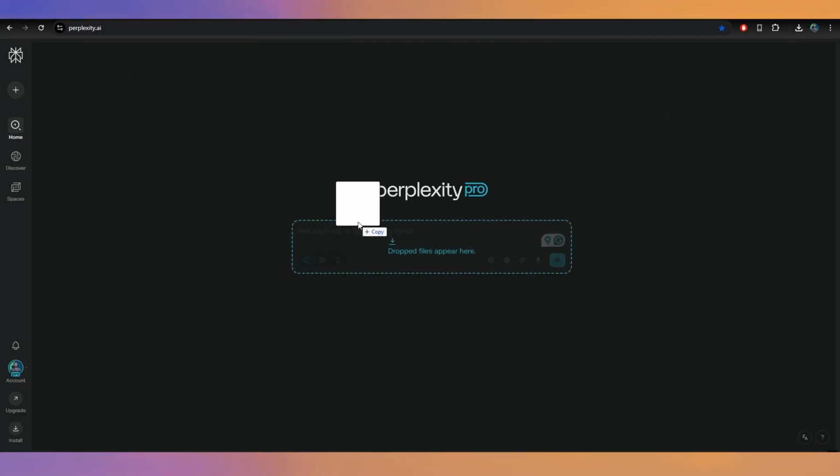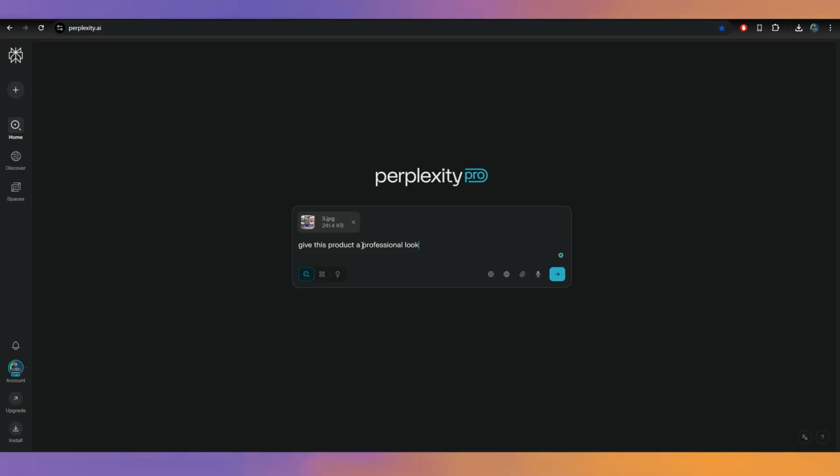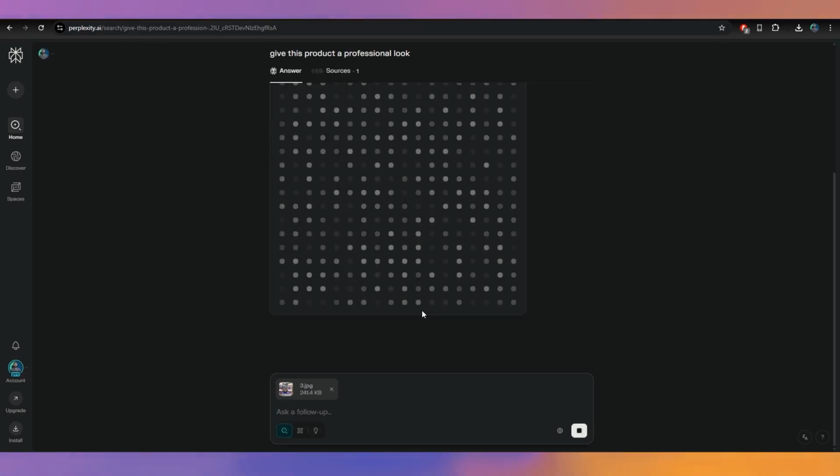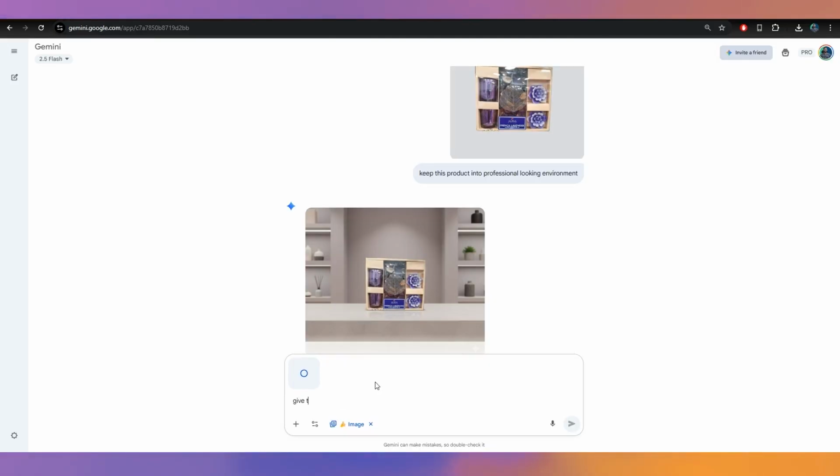At the same time, I'm using it in Perplexity just to get to know how Perplexity will work. So to give you an idea, this is what we got in Perplexity. It just recreated all the stuff from the sketch, and I believe it's looking way more different from the actual product.